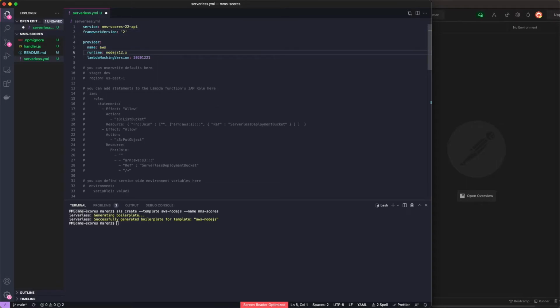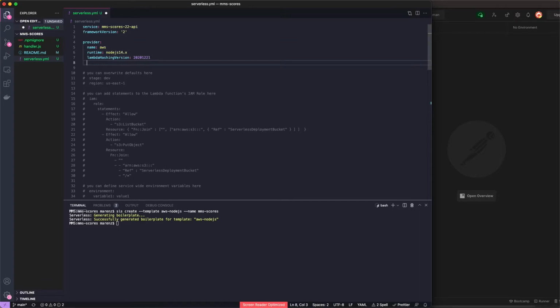So provider is AWS, which is correct, and we're going to say nodejs14.x. We'll leave that Lambda hash version, and we'll say the stage. This may not be completely necessary, but it's helpful to give you an idea of how these string literals work in YAMLs. So we'd say opt:stage, or dev. So what this means is this stage property on the provider will be equal to the stage property when we deploy, or dev if it's not provided. The region